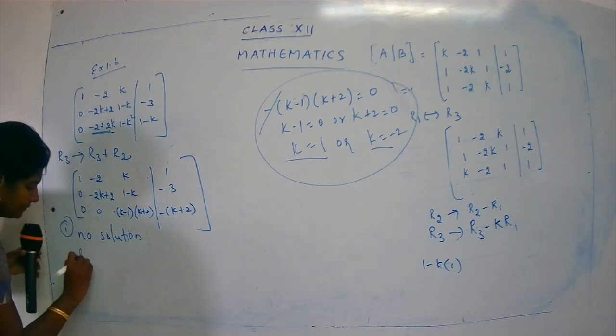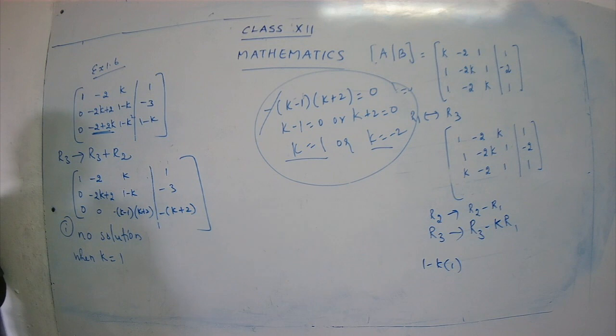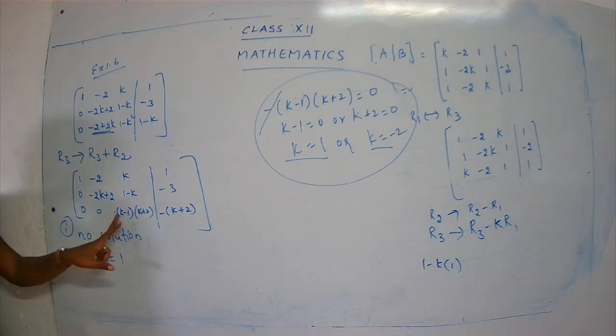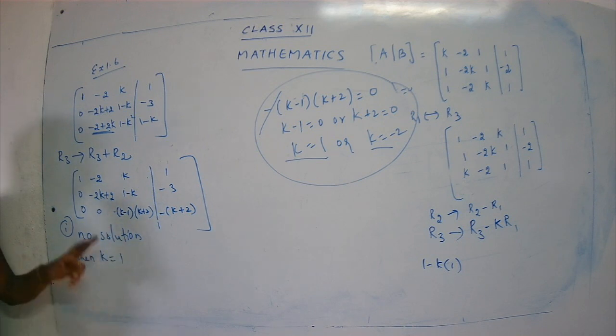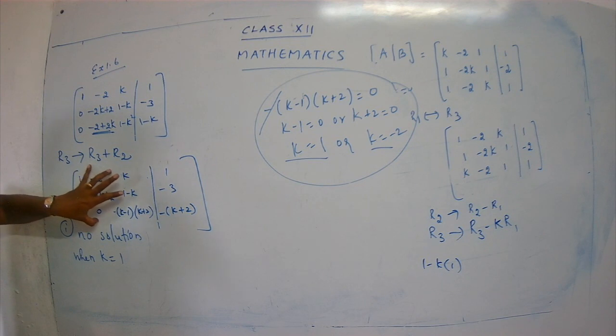So when K is equal to 1. Very simple thing. When I put K as 1 here, what happens? This whole thing becomes 0. Listen to me, children. Just put your pens down and listen to me. This is a very, very important step. And this step itself carries 3 marks. So you have just 2 marks for the previous steps, to arrive at this point. And for the remaining part, you have 3 marks.